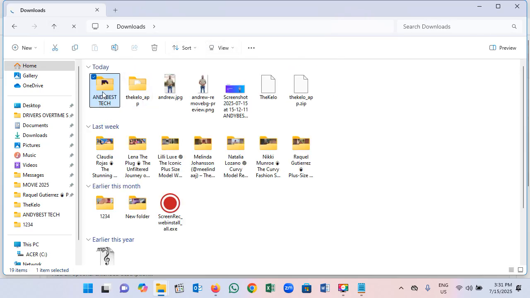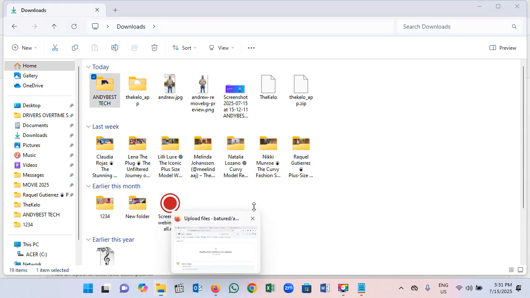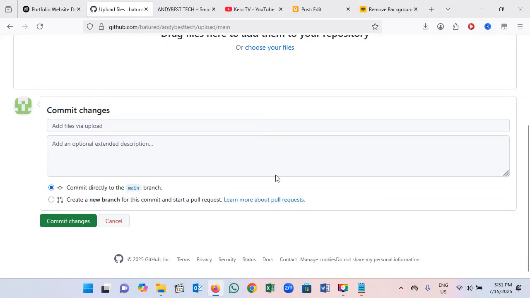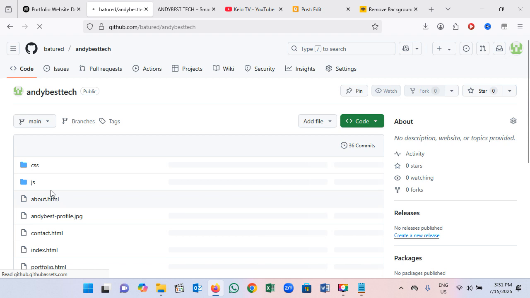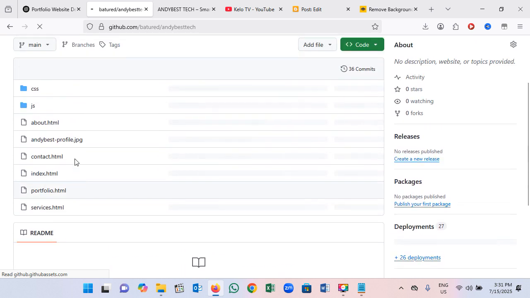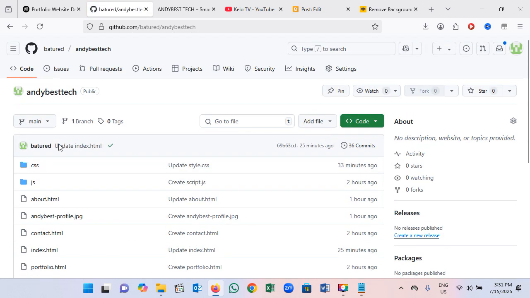Now I can drag and drop my folder of the site in here. So that is how it works. After done, you click on submit changes. Okay, so commit changes. After you done that, you see that your file will be like this. So after done with this, once your file is inside this interface here on the dashboard, you can click